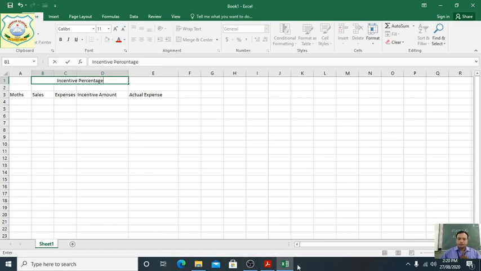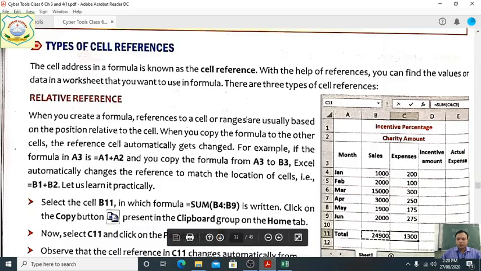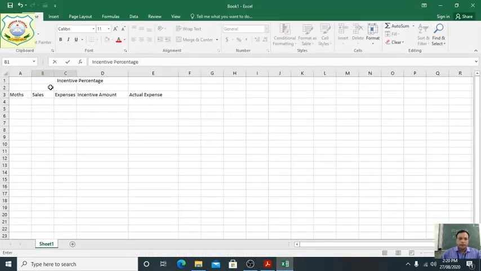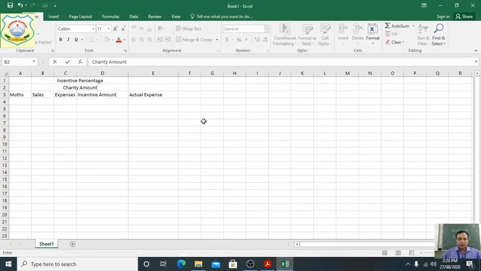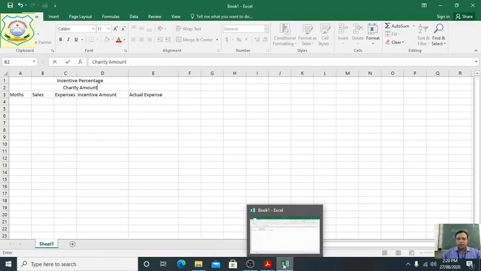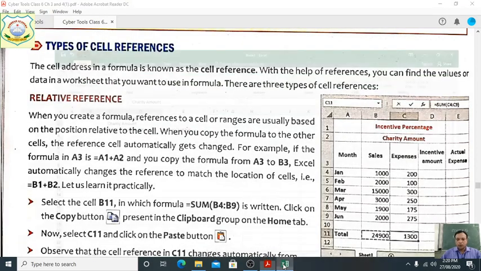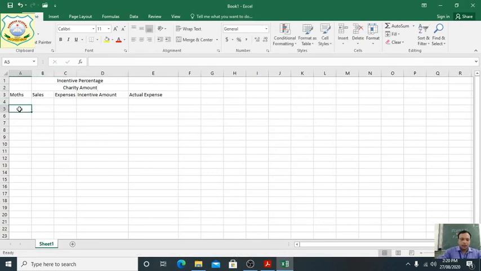Next is charity amount, the same thing we will write here. So: month, sales, expenses, incentive amount, then actual expenses. Clear? Now here month is taken from Jan to June.